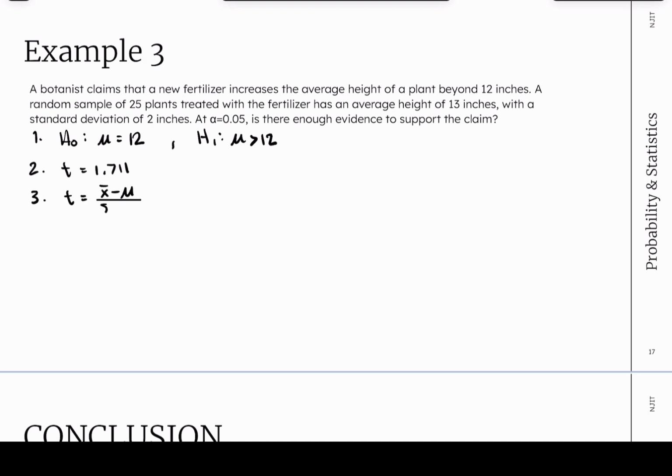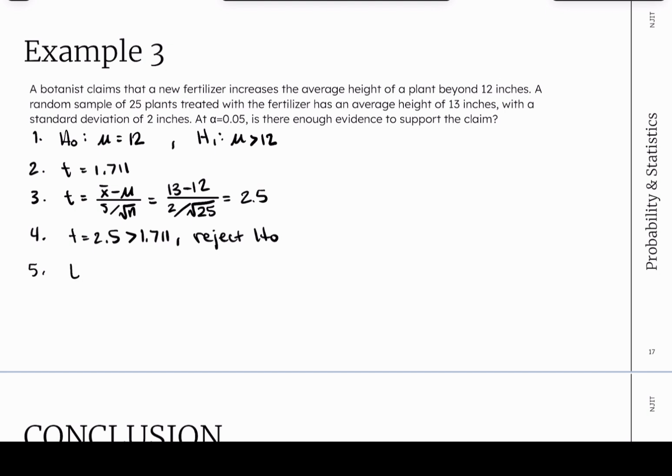And for 3, same equation as last time. The more you practice it, the more muscle memory it becomes. So it's 13 minus 12 over 2 over square root of 25. And that should give you 2.5. And then here you can make your decision. T equals 2.5, which is greater than 1.711. So you would reject, and once again, we have enough evidence. You can write this out